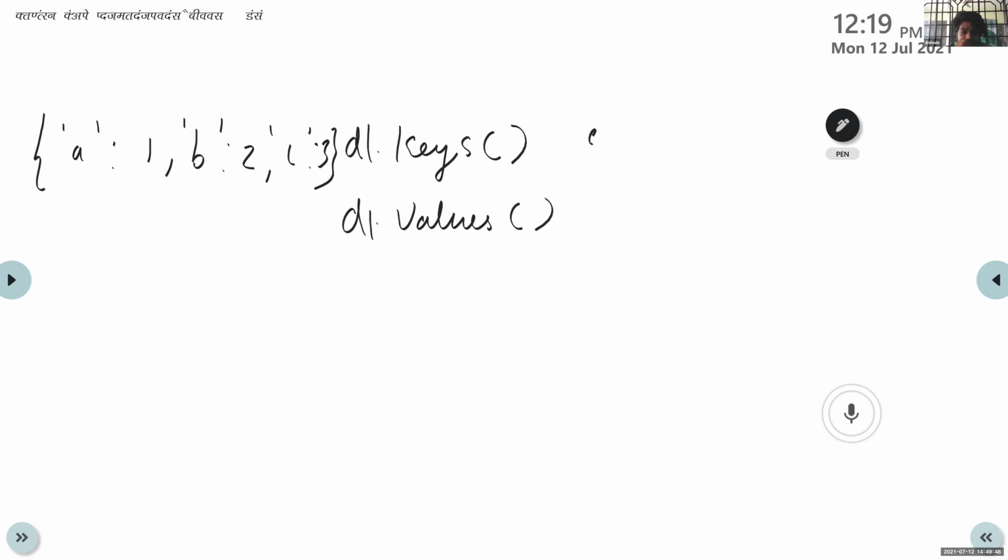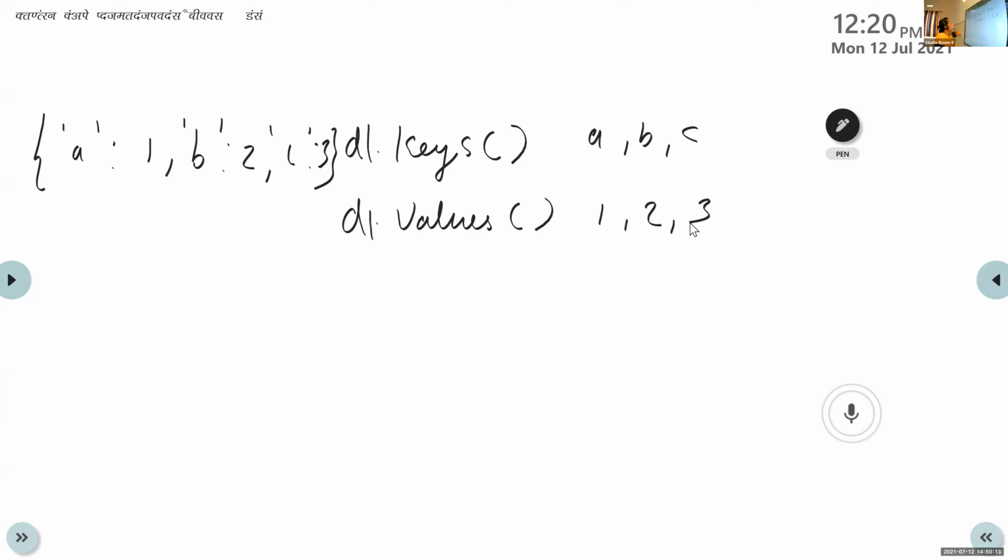It is A, B, and C. Aryan, what is the output of D1 dot values? 1, 2, 3. So the keys function is used for displaying the keys simultaneously, and the values function is used for displaying values simultaneously. That is 1, 2, 3.